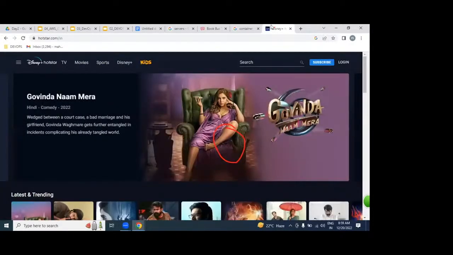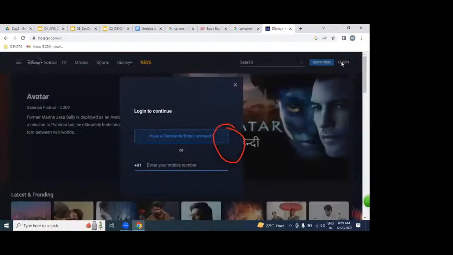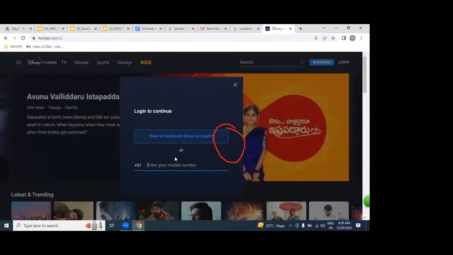Our job is finished, or not? The network we created, on top of it we created servers, and on top of that we placed our websites. Done or not? But my question is, where exactly can we maintain our customer information, mobile, email address, subscription information? Where can we maintain it? Please, anybody help me.